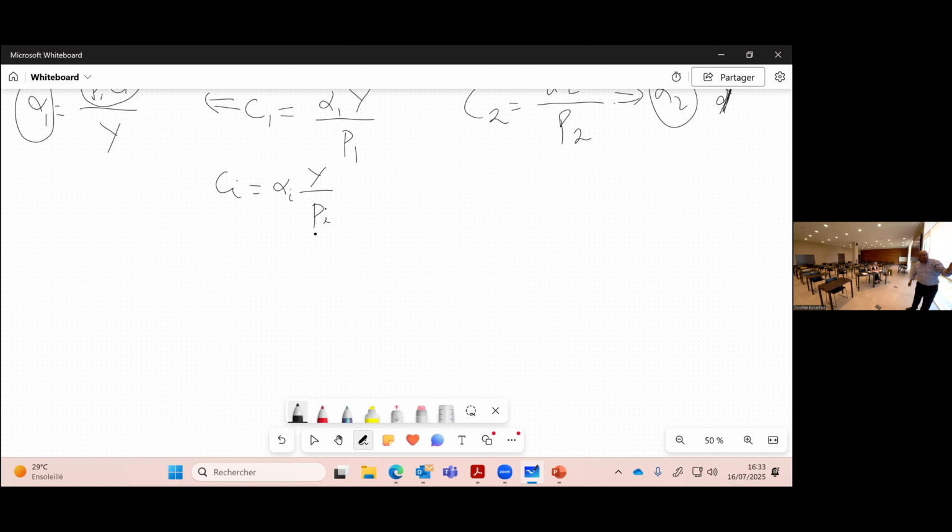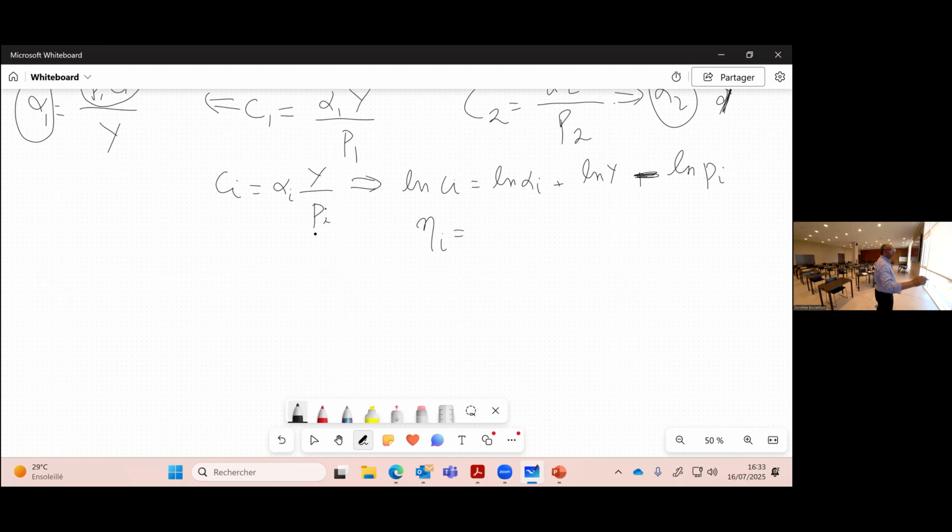Why? Because as you see, it's a decreasing function with P. To be more clear, look at this one. I think you know these results. If you take the logarithm of the two sides, it's the logarithm of E plus the logarithm of Y minus the logarithm of P. What does it mean? This means if we are using the Cobb-Douglas specification, the